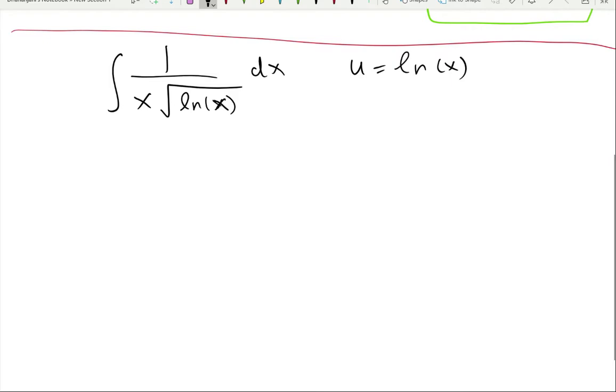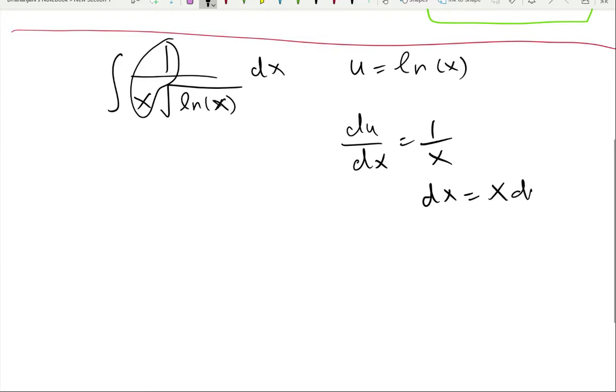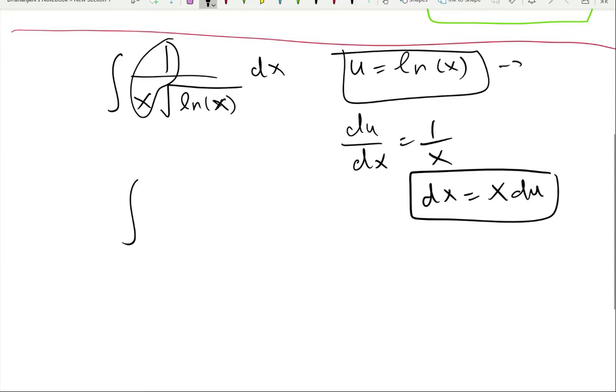Okay, so what is the derivative of u? Well, the derivative of u is 1 over x, and we do have 1 over x somewhere else in the integral. So du over dx is 1 over x, then dx is x du. All right, now if I substitute both of these into the integral, well, we have 1